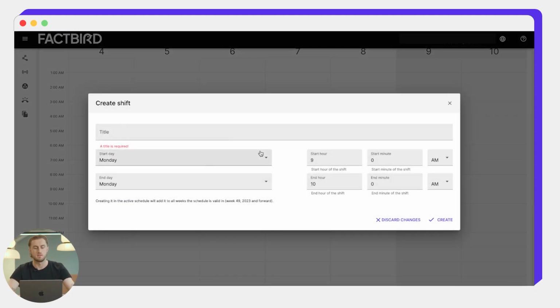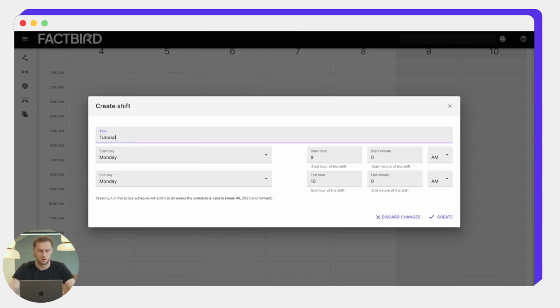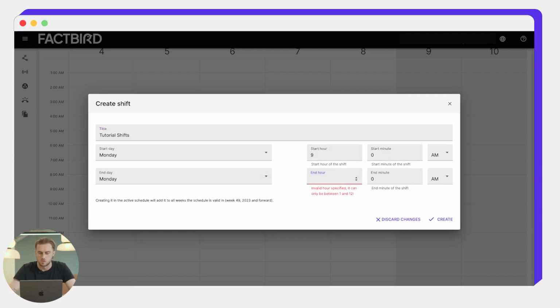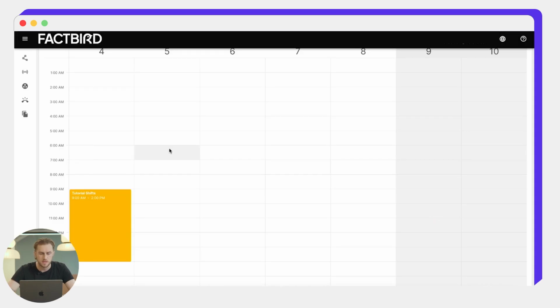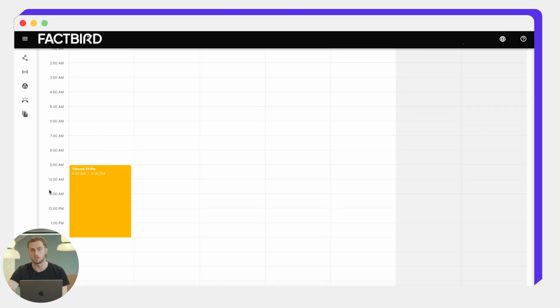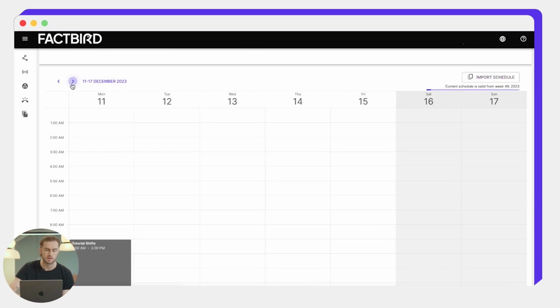So you can say this shift is tutorial shifts, and the start day is Monday at 9 a.m. The end time is Monday at, let's say it is going to be 2 p.m. Create that, and here you can see that shift is blocked in the system, and that will repeat every week. So once that shift is set up on this line, if we click forward, you'll see that every week has